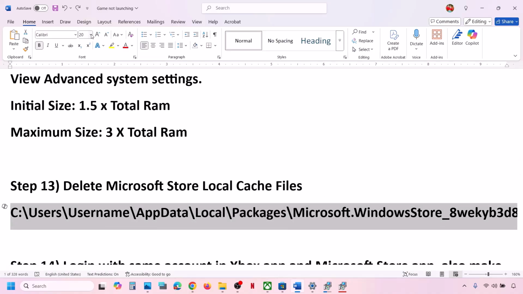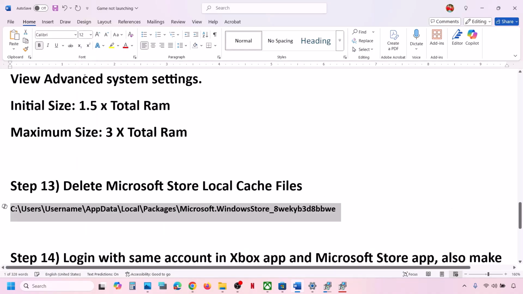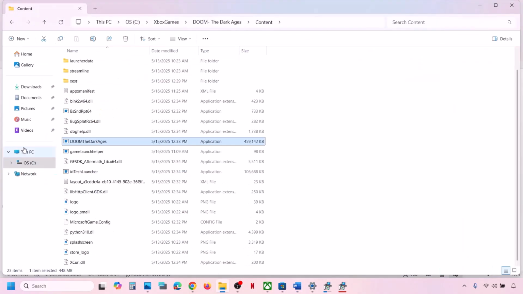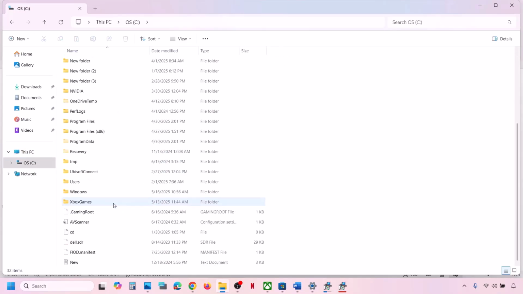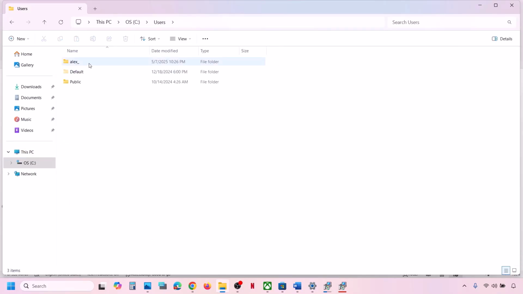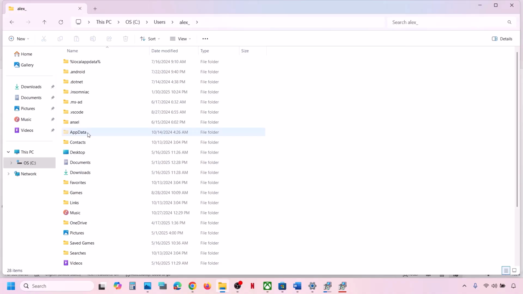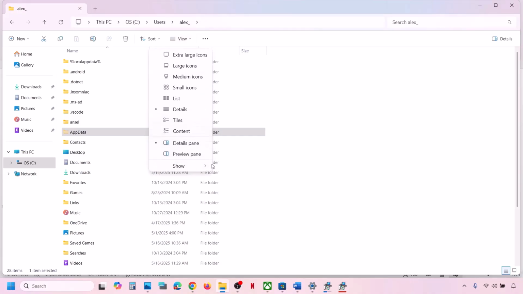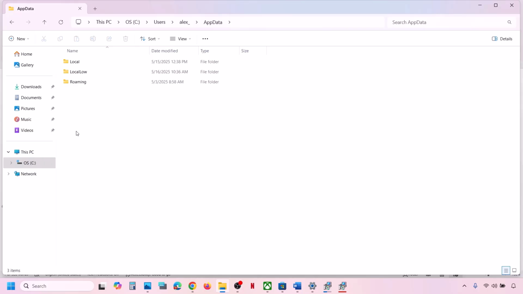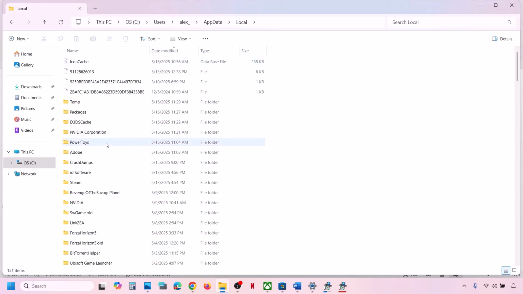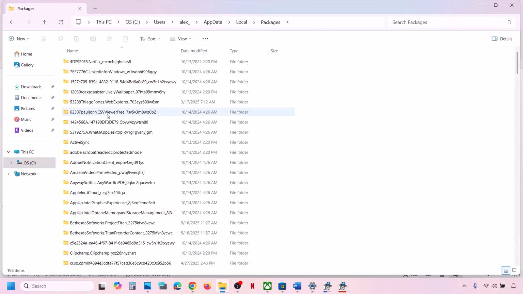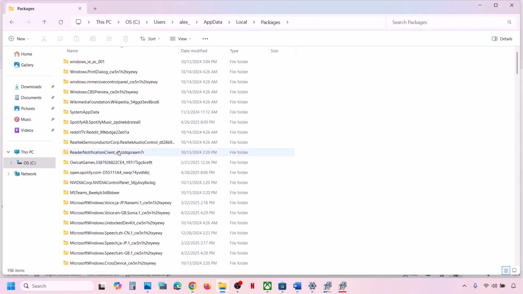Now for this you can go to this location. Now open File Explorer, go to this PC, open C drive. Now open users folder. Now open your username folder. Now open AppData folder. If you don't see AppData at the top, click on View, select Show, put a check on Hidden Items. Then you should be able to see AppData. Open AppData folder. Open the local folder. Now find Packages folder. Open the Packages folder, and then you have to scroll down